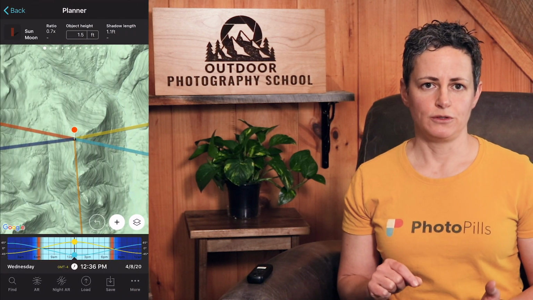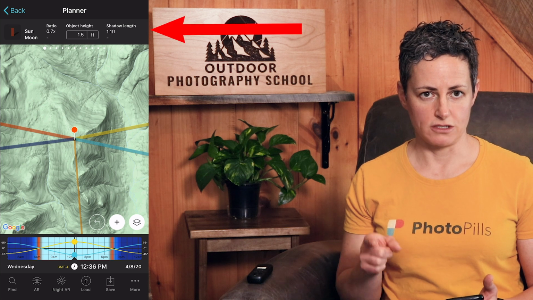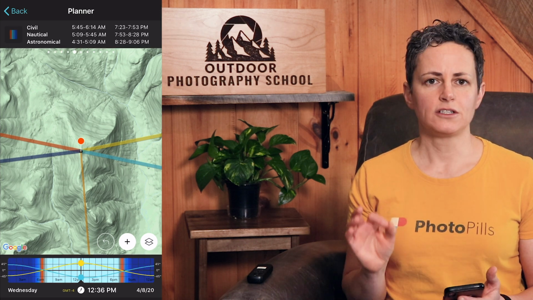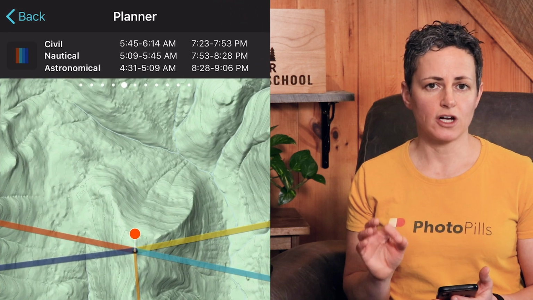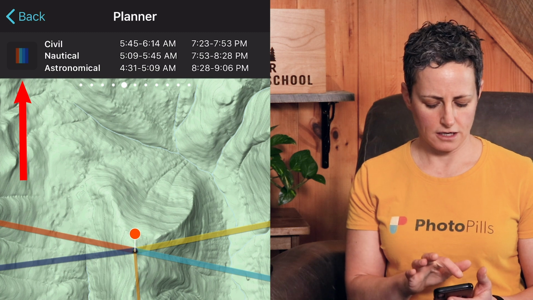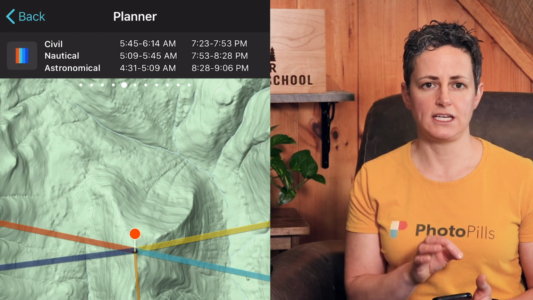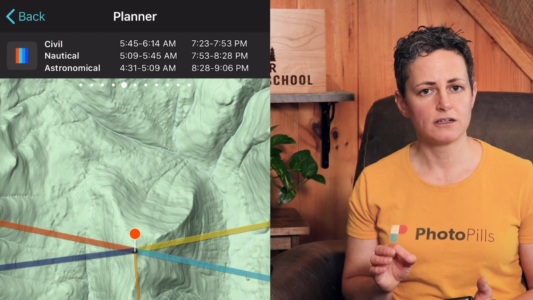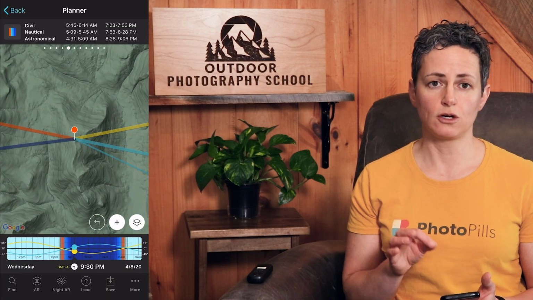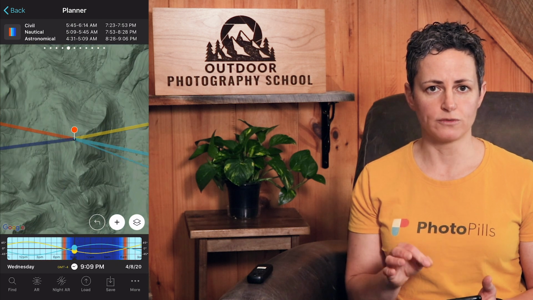So let's dive in. The first panel that we're going to review today is the Twilights Panel, which is the 5th panel on the top bar, so scroll to that now. The little icon on the left looks like a series of colorful bars from orange to blue. You can toggle this icon on and off to activate or deactivate the corresponding map layer, which just shows you 3 different twilights in various shades of blue and golden hour in a shade of orange by overlaying the different